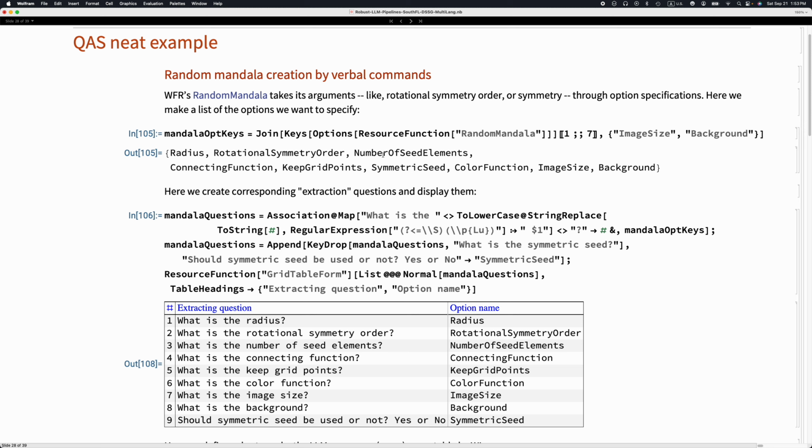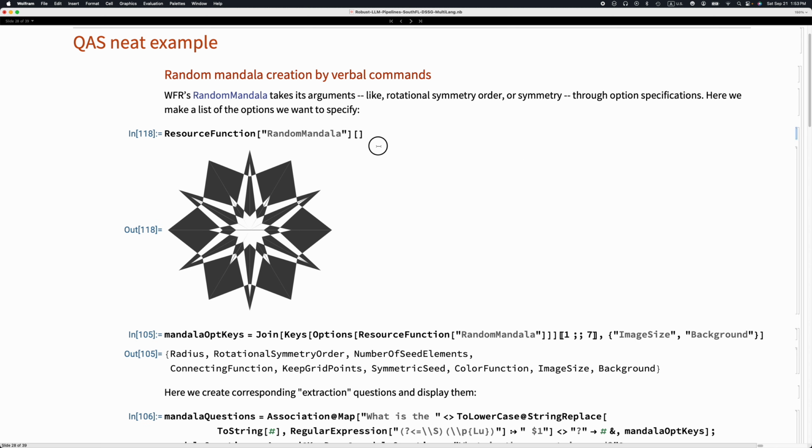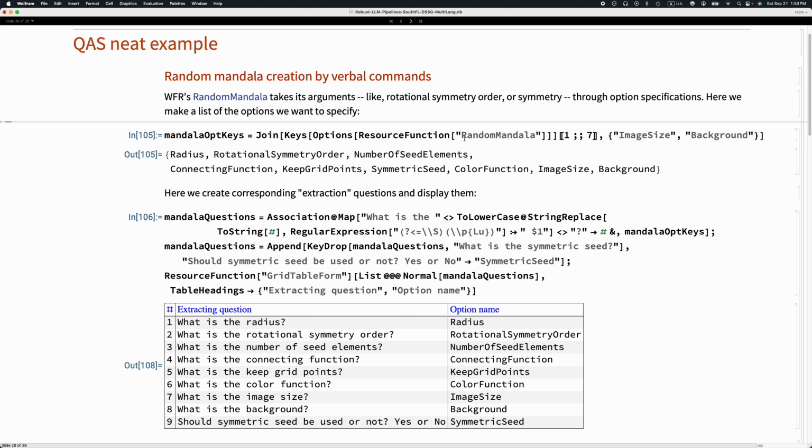So we don't put, say, n elements or ns elements. We actually spell it out, number of seed elements. This means that if I have a certain function, like this one of my favorite functions, random mandala, and I ask for the options of that function,